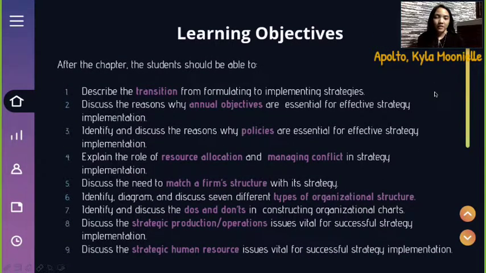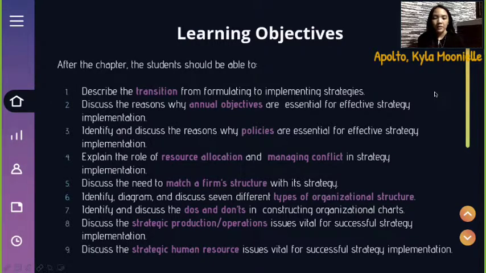The learning objectives of our report are for students to be able to describe the transition from formulating to implementing strategies, discuss the reasons why annual objectives are essential for effective strategy implementation, identify and discuss the reasons why policies are essential for effective strategy implementation, explain the role of resource allocation and managing conflict in strategy implementation, discuss the